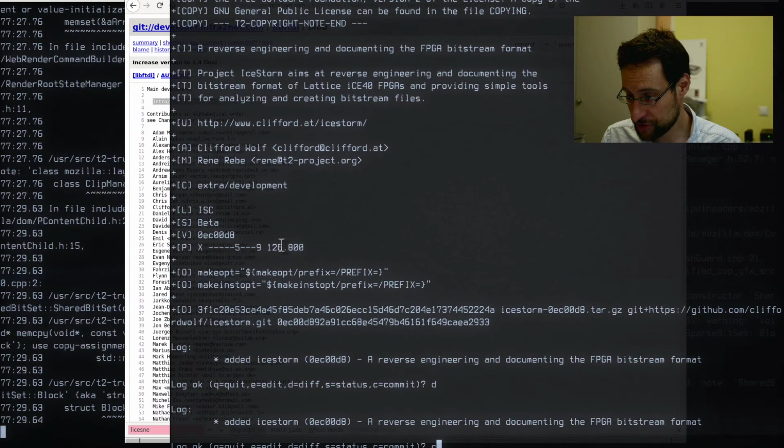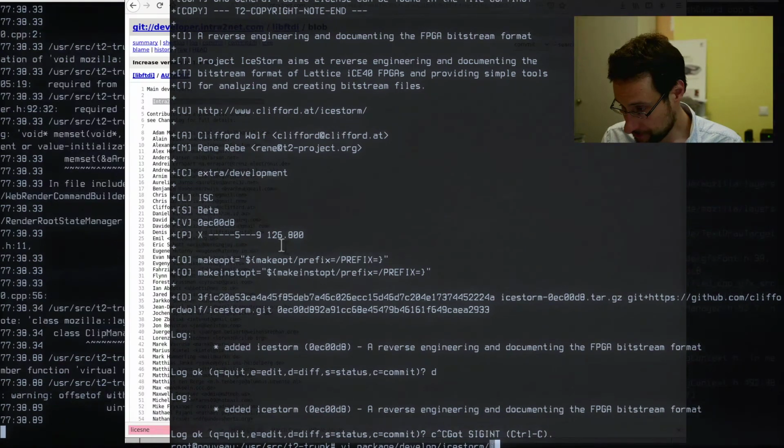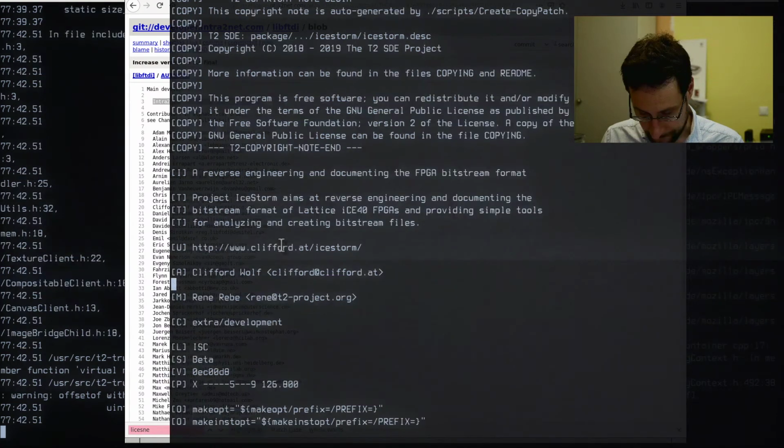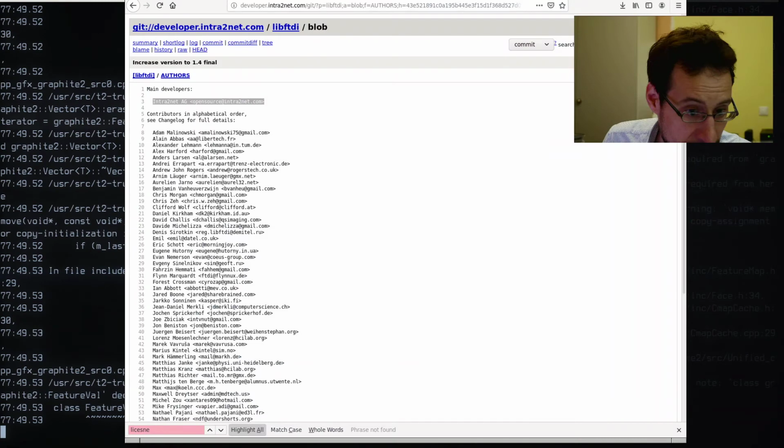Although Piotr just said Icestorm. Let's give this other developer a shout out here for good measure. I usually try not to put like 20 original authors here, but the main ones. So that would be, let's maybe,